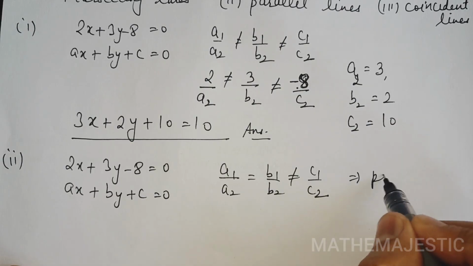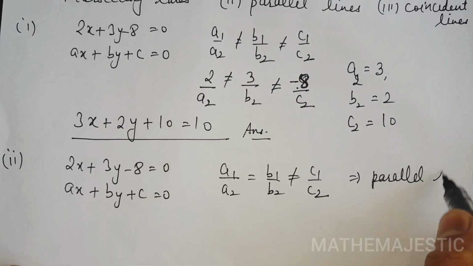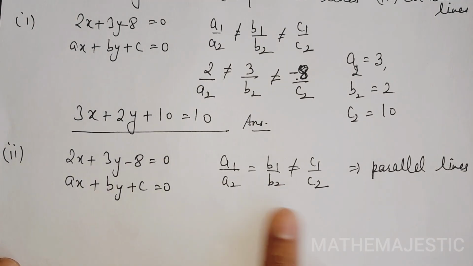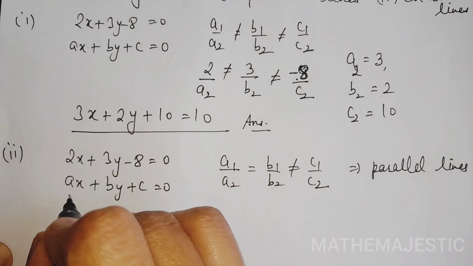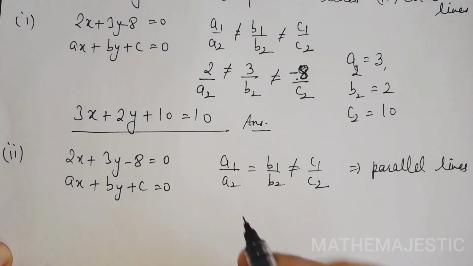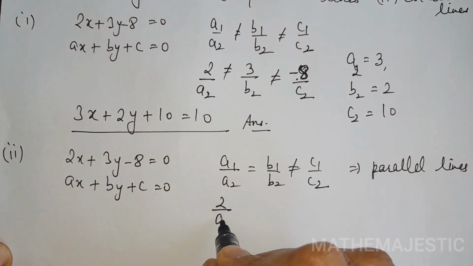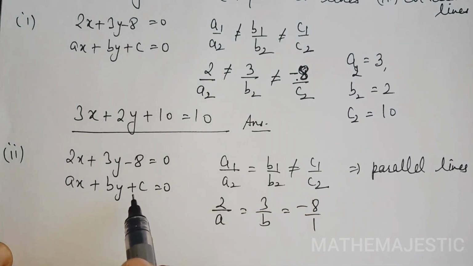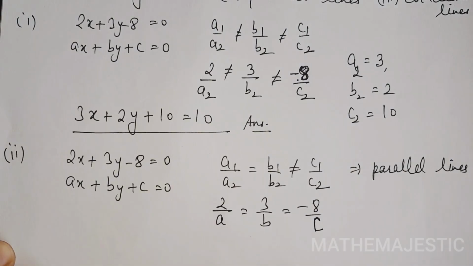In that case only the lines will be parallel lines and they will have no solution, no common point, so they will not have any solution. So we need to satisfy these equations. Suppose this is A2, B2 and C2. So A1 by A2 is 2 by A here, 3 by B and minus 8 by C here. We need to find